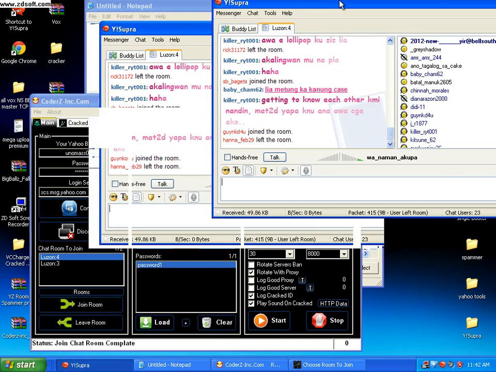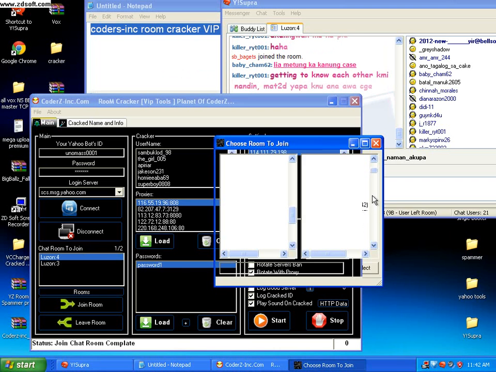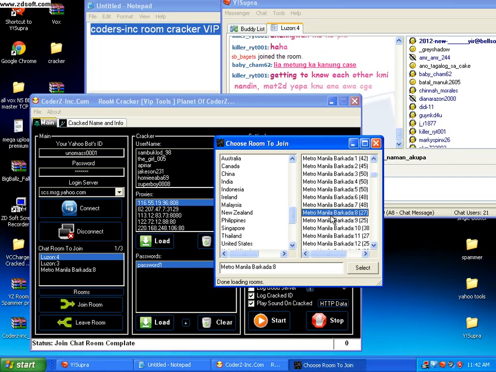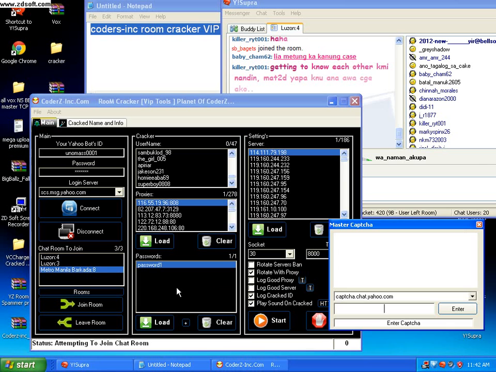And if you want to crack the names here, if you want to go to another room, Metro Manila Barcada 8, select this one. Okay, and join rooms 303.